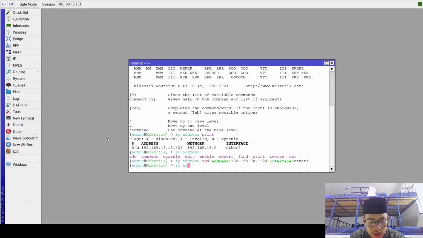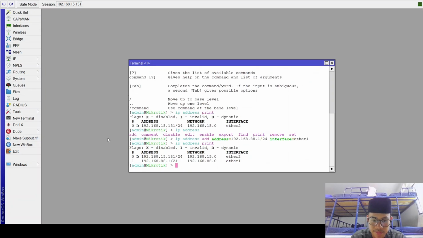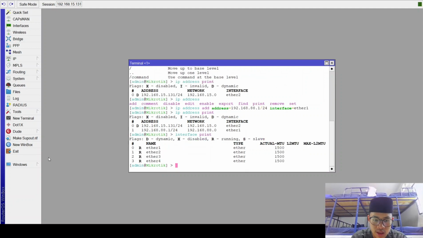Then ip address print. See, this command adds a new IP to a specific interface, for example ether1. If you wanna see your interfaces, you can use a command like this: interface print.